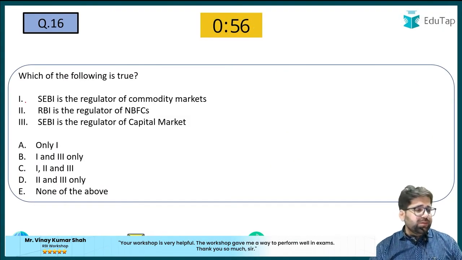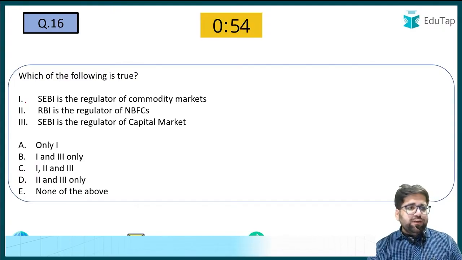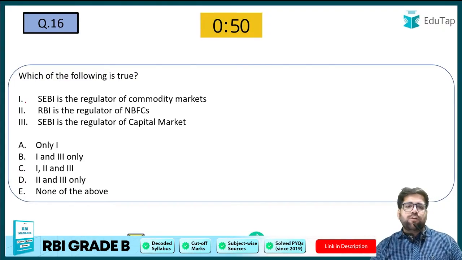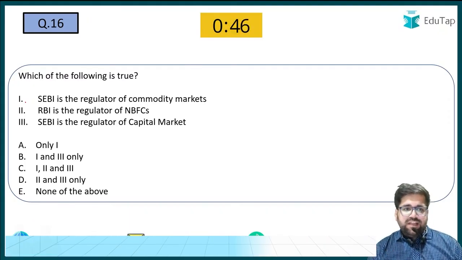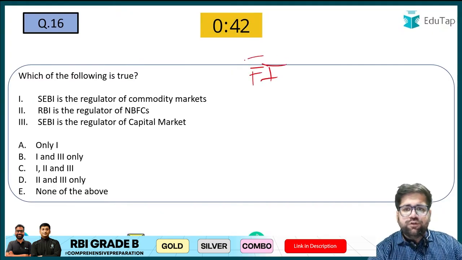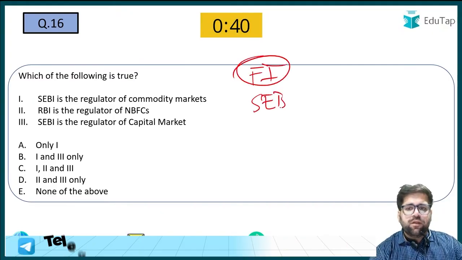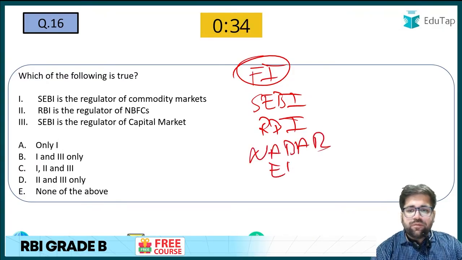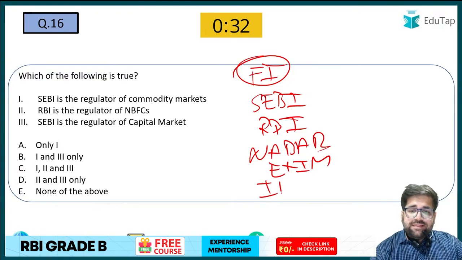Now coming to question number 16. Let me see who gives me the right answer of question number 16. SEBI is the regulator of commodity market. RBI is the regulator of NBFCs. SEBI is the regulator of capital market. Again, if you are reading about financial institutions, for example, SEBI, RBI, NABARD, EXIM, IFSCA,